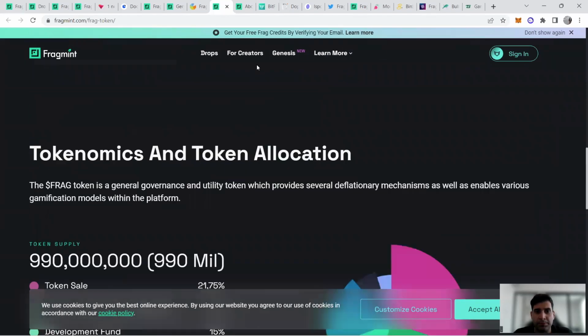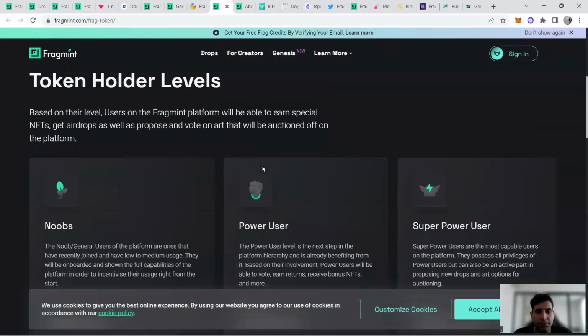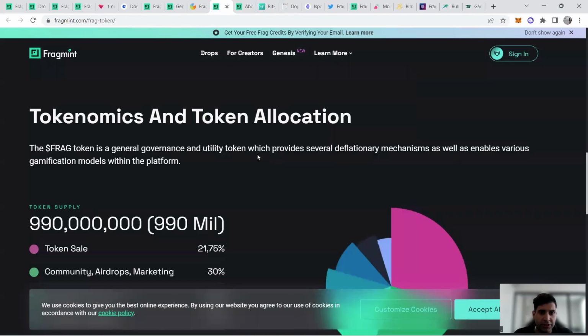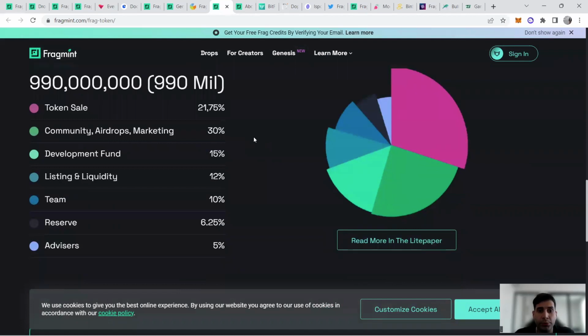Now, in terms of the tokenomics, before I jump into the nitty-gritty detail, they have 990 million tokens. Out of those 990 million, 22% is for the sale, 30% is for airdrop, community and marketing, 15% is development fund, and 12% is for listing and liquidity.